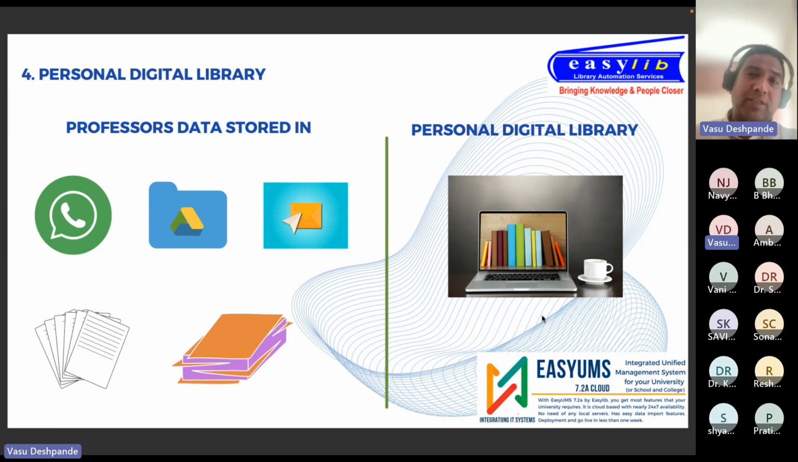This is the personal digital library, right? So many times the students come to the library. How do you attract the staff to come to the library? What you can do is give a space on Easylib server to the faculty, wherein they can catalog their personal books, all the PDFs that they have got, all the video lectures, anything that they have on their mobile or in their drive. They should be able to catalog it onto Easylib software, and that can be marked as a personal digital library of their professor,